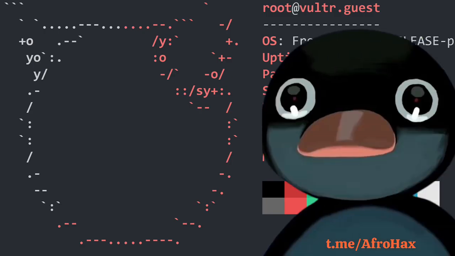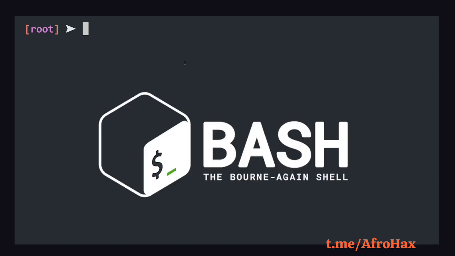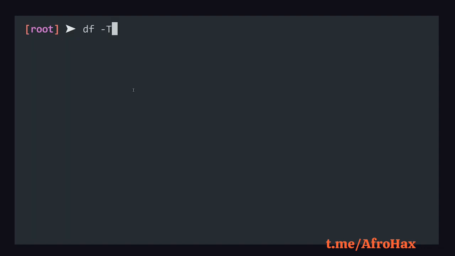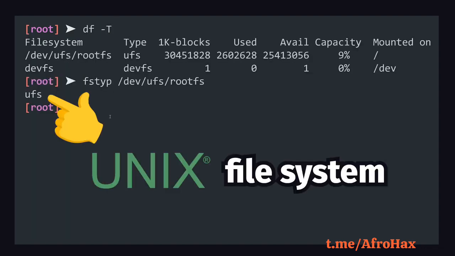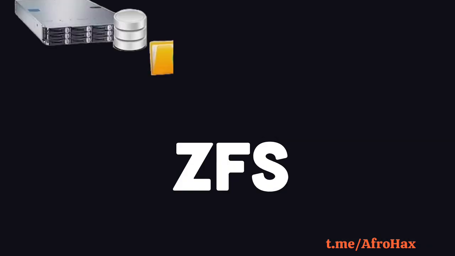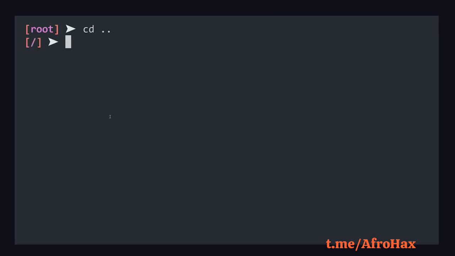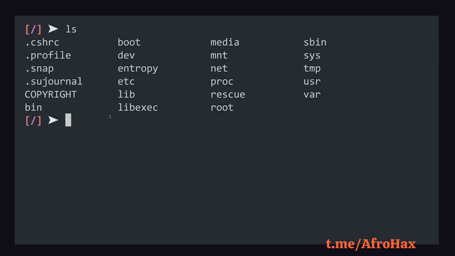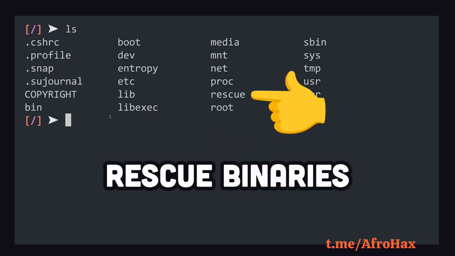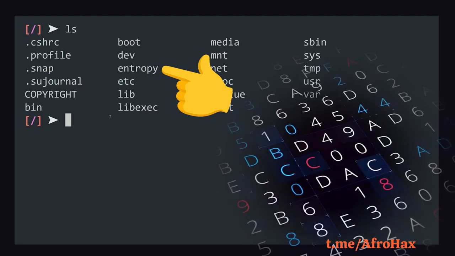Now when you first pull up the terminal, it might look like Linux, but there are some key differences. This terminal is not Bash, the born-again shell, but rather the old-fashioned Bourne shell. The Unix file system is the traditional default, but it also supports the Z file system, which does end-to-end checksumming and can take snapshots of the file system. To explore it, we can use familiar Unix commands like cd, and its root structure looks nearly identical to Linux, except for directories like rescue for rescue binaries, or this entropy file, which ensures that random numbers and cryptographic functions